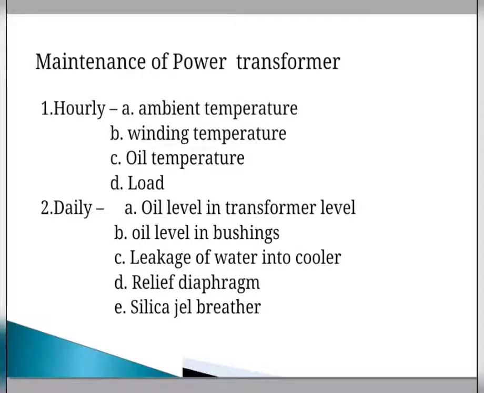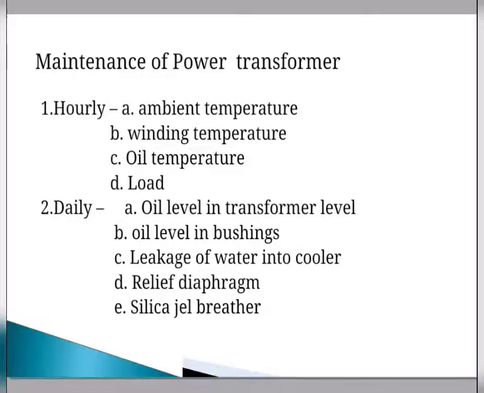We have to release the pressure of the transformer through that diaphragm. Then we have to check the silica gel breather. The silica gel breather absorbs the moisture content from the air whenever air enters into the transformer. Then we have to check that the air passage is free, and we have to check the color of